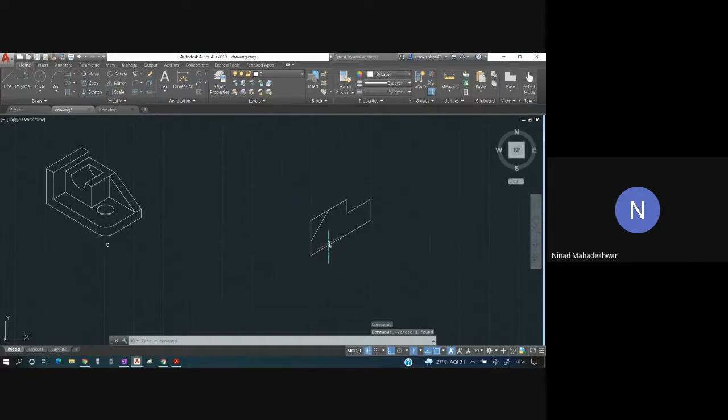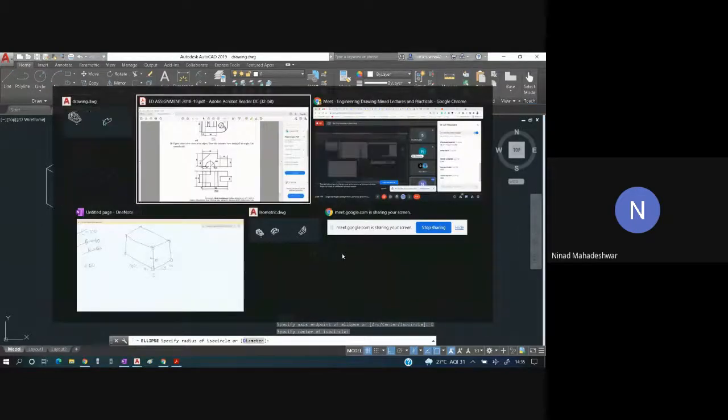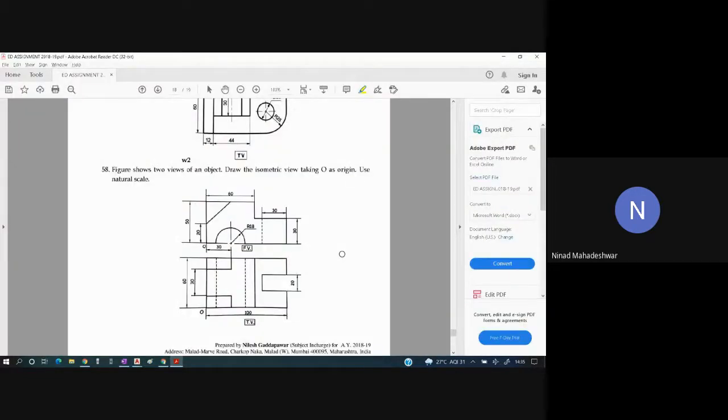So on that center, I am going to draw an iso circle. So EL, enter. Okay, here I'll select iso circle. I'll specify the center, which is this. Okay, how much is the radius of this part? Radius of 18 is given to you.